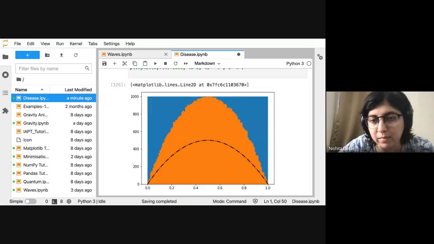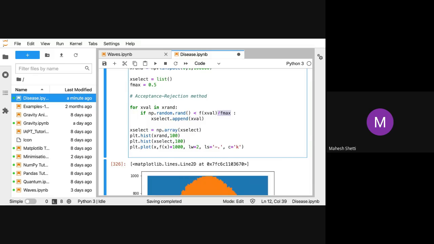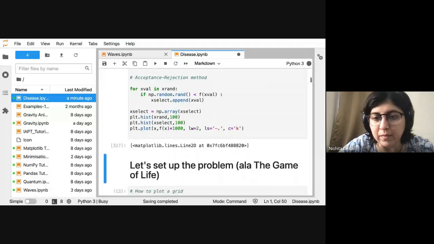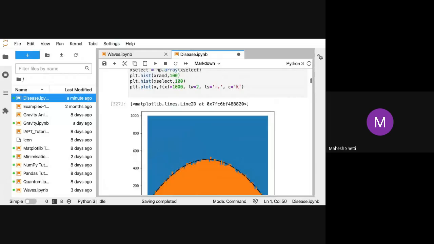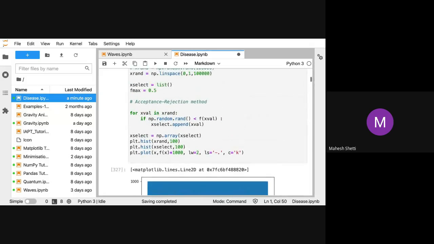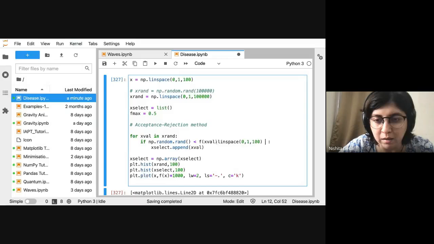Yeah, it works. See, it works even with linspace. The normalization is now different because let me remove this divided by Fmax. Yeah, good, excellent. Okay, good. So let me put the Fmax back in.